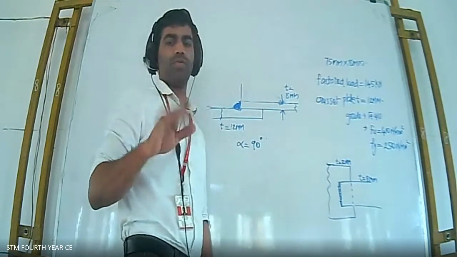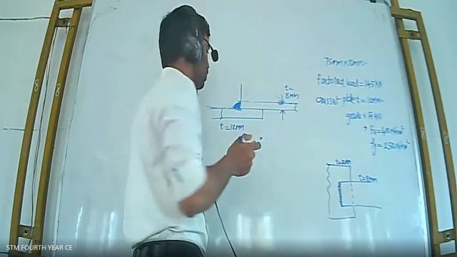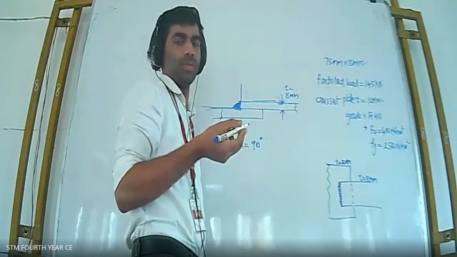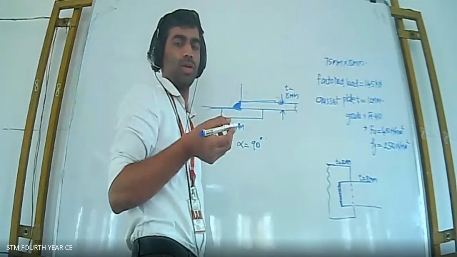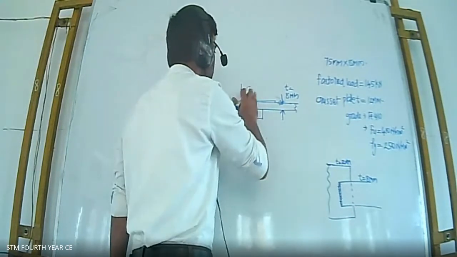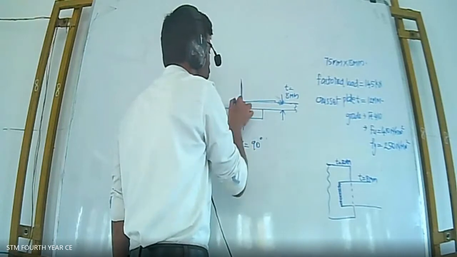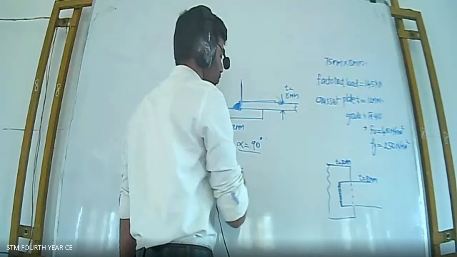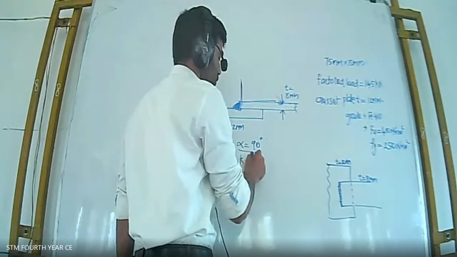At first you may be thinking that you have to take this one and this one as the fusion faces, and the angle between them is 0 degrees. You need not think like this. You have to think that the fusion faces are these two and the angle is 90 degrees. So alpha will be 90 degrees. Definitely the K value will be 0.7